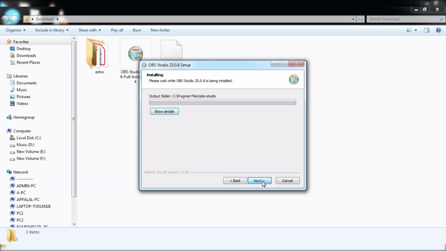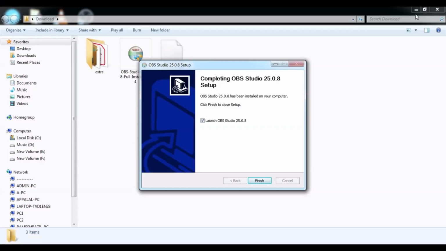Now your OBS is getting installed. It takes some time for the installation. As soon as the installation is complete, it creates one icon. Now click on the finish button.